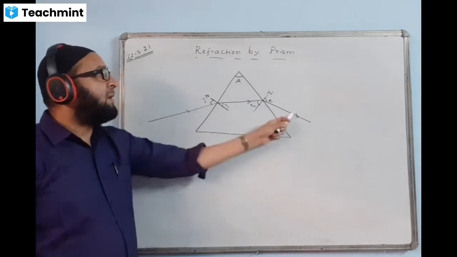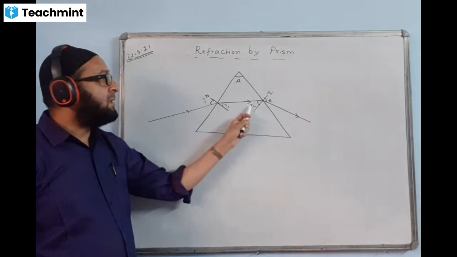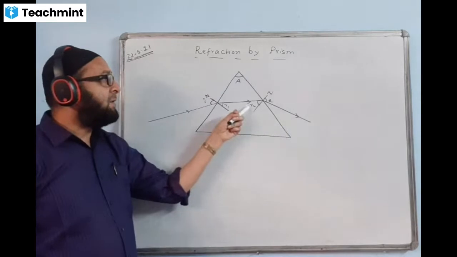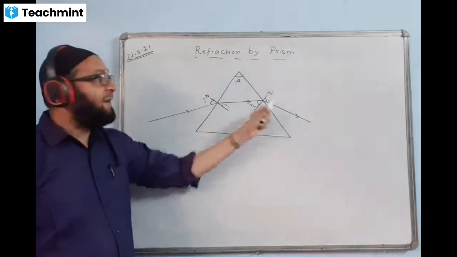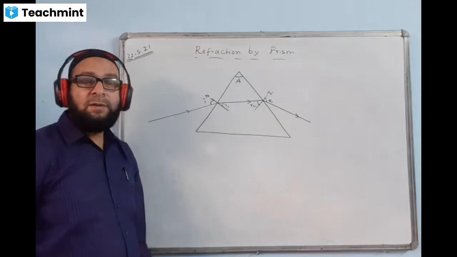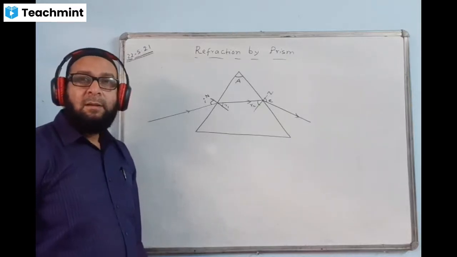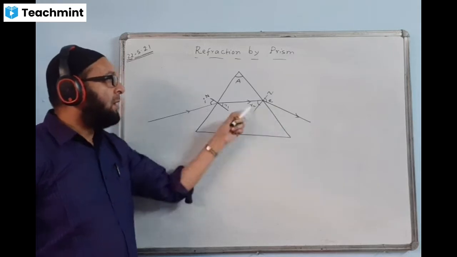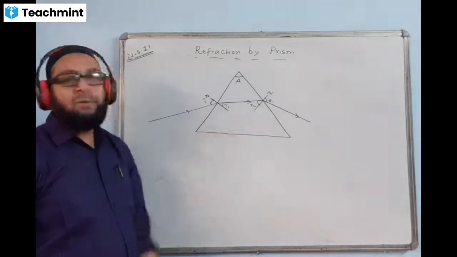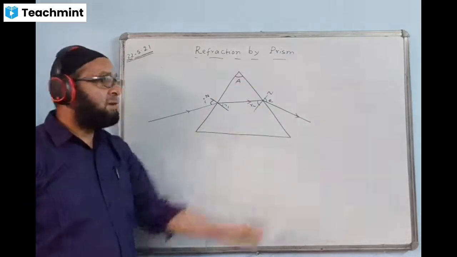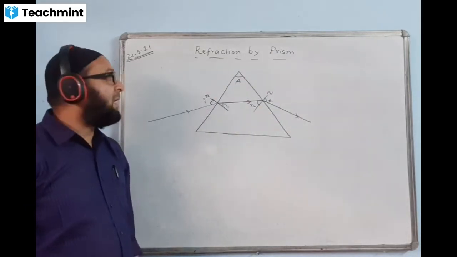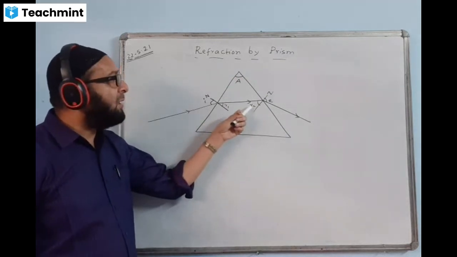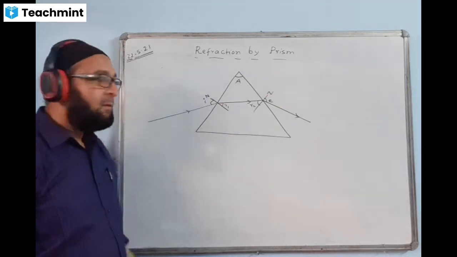Okay. When will the ray be coming out of the prism? When this angle is less than the critical angle. Because this is glass, this is air, and this is the angle of incidence in the denser medium. The ray will be refracting away from the normal only when the angle of incidence is less than the critical angle. If this R2 is equal to C, the critical angle, the ray will touch and go. And when R2 is greater than C, then total internal reflection will take place. The ray will not be emerging through this face. So the diagram which we are following, we are taking into consideration that R2 is less than the critical angle.